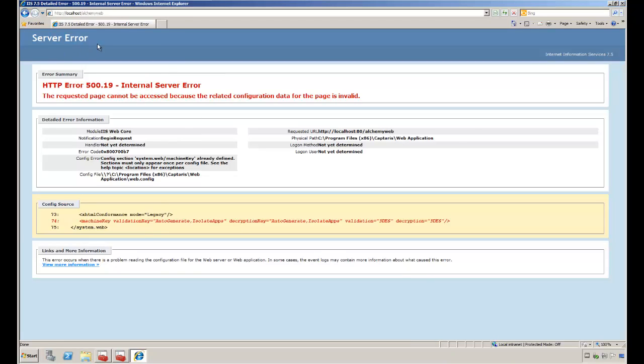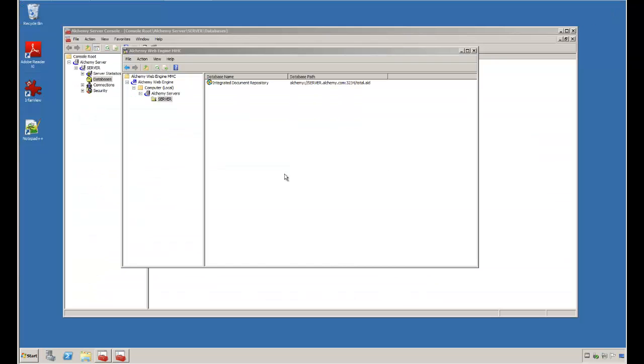As you can see, the upgrade did something to the web config file. It's telling us there's an additional line that does not belong there in the web config. Where do we find the web config? It's right here under the Program Files Capteris web application. Going to close IE,